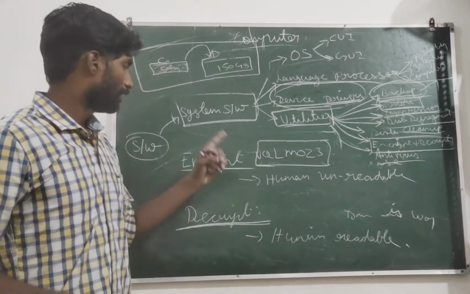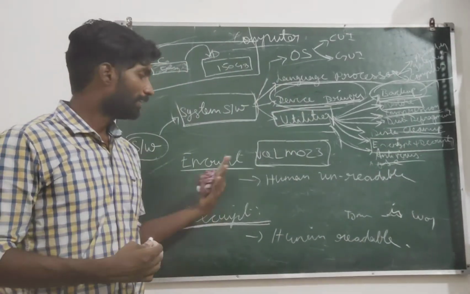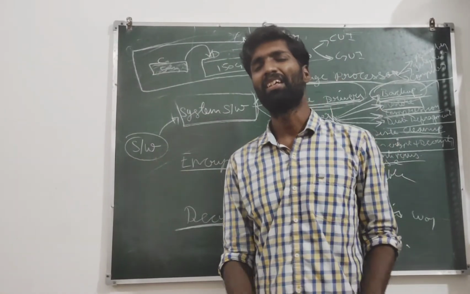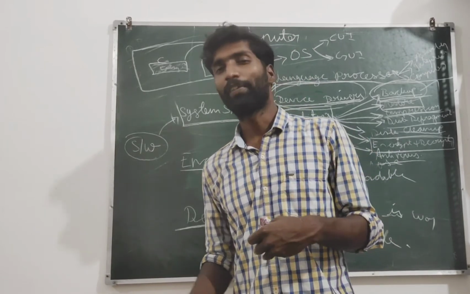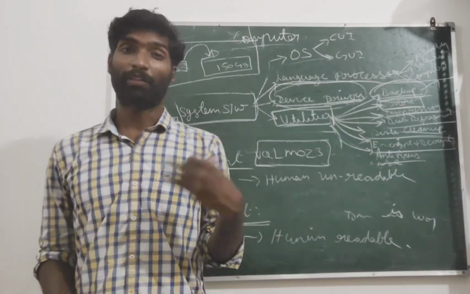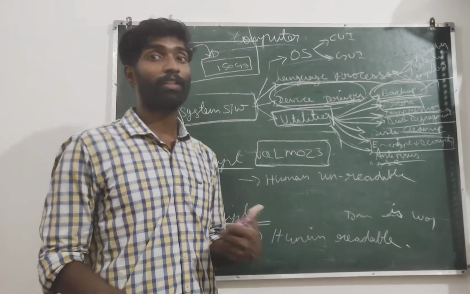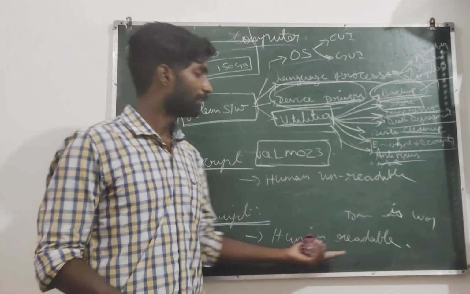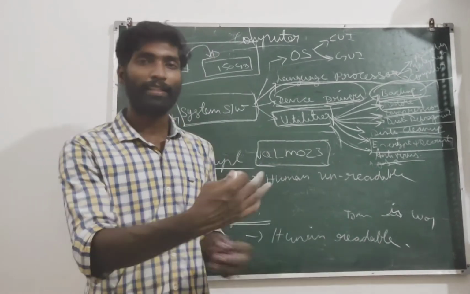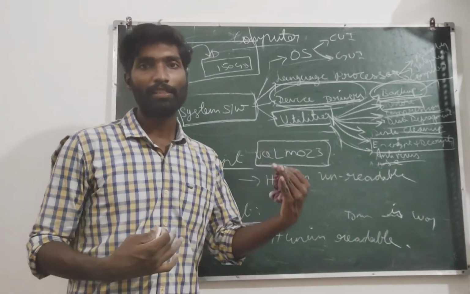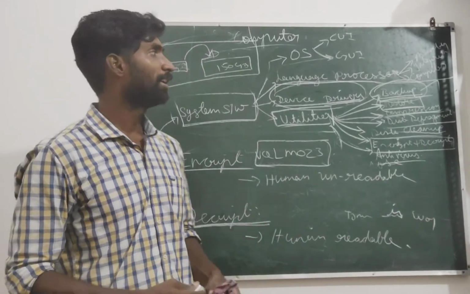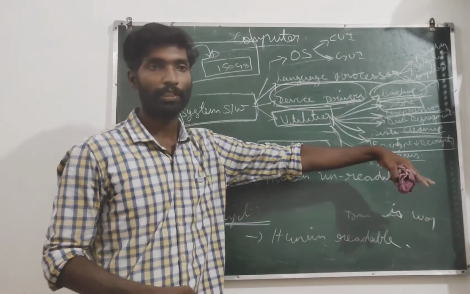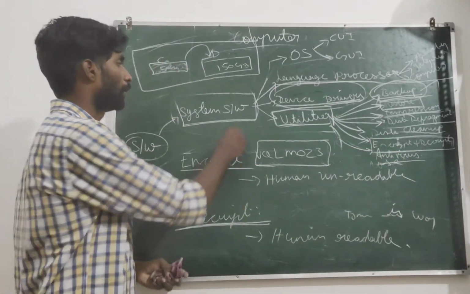Are you getting it now? Encrypt, humans cannot read. In encrypt, there are so many procedures. Computers also do encrypt, humans also do encrypt. Whatever humans do is easy to decrypt, but whatever computers do is difficult to decrypt. When they decrypt it, they will understand. Like this only, high officials pass very sensitive information. So these are the components of utility, and system software is over.